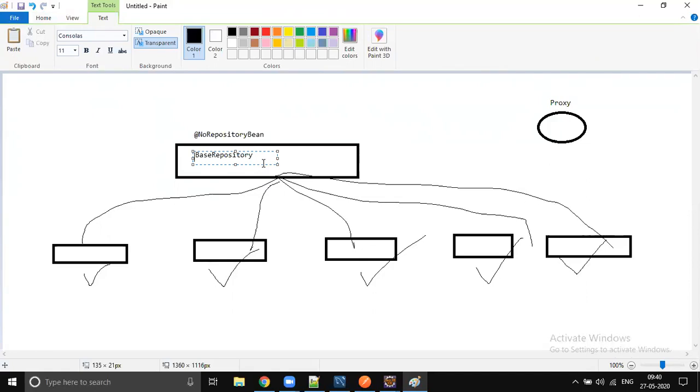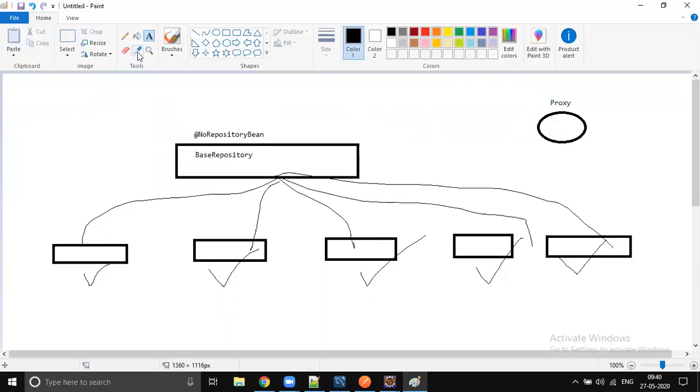So it's not the actual repository. The actual repositories are going to be developed by the developer. So how can Spring come to know for which repository the proxy has to be created and for which repository the proxy is optional, right? So the interfaces which are annotated with @NoRepositoryBean,